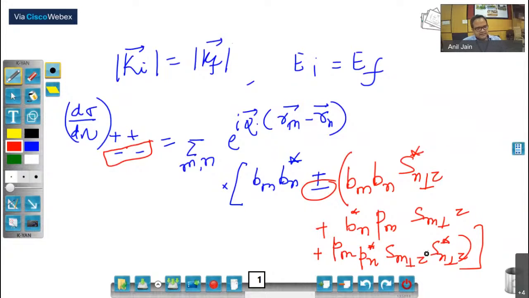So this is the differential scattering cross section under the elastic condition. You can get this if you put u plus plus and u minus minus in your double differential scattering cross section and make E equal to E_F. So this is the expression you get for the non-spin flip process. So this process describes the